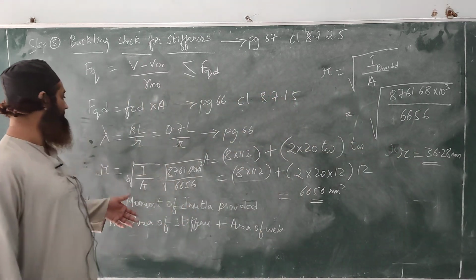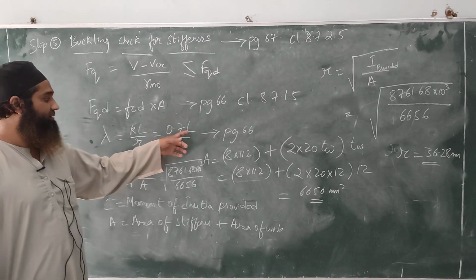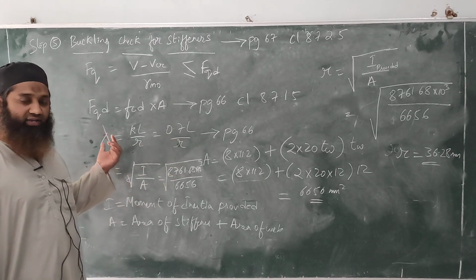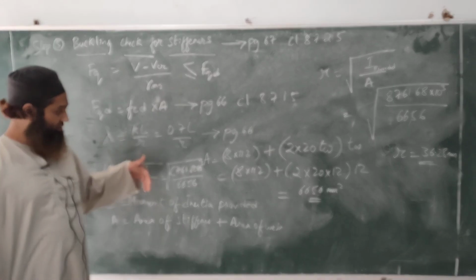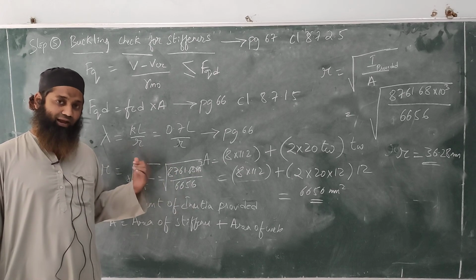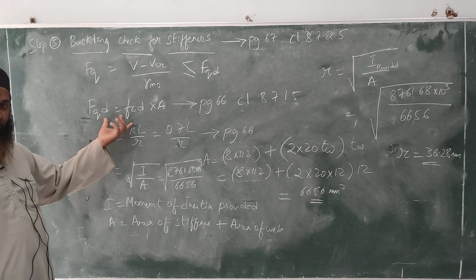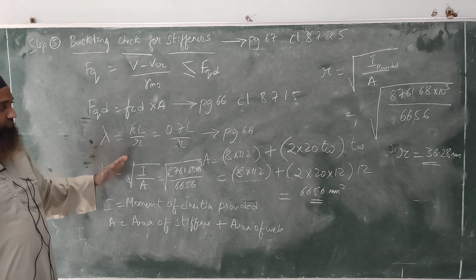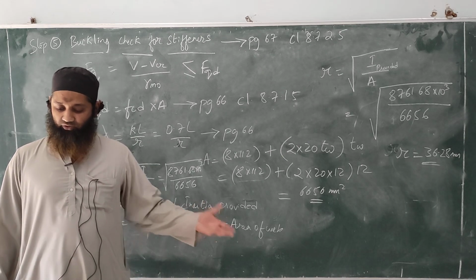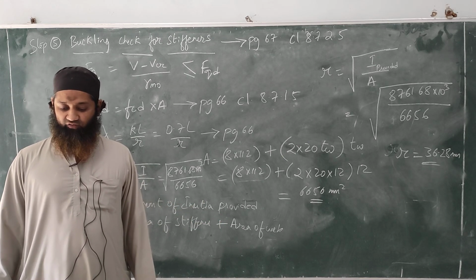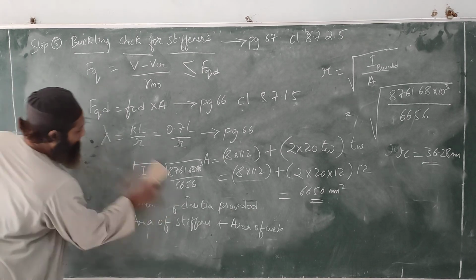Now I can just substitute that value over here. The r value, I've got it here, 0.7 times L by r, the lambda value. I'll tell you where we'll use this lambda value. In the next steps, we'll need the value of lambda to calculate this value. I hope this is clear till here. r we have got as 36.28. We'll just substitute this value here and we'll get the value of lambda also.